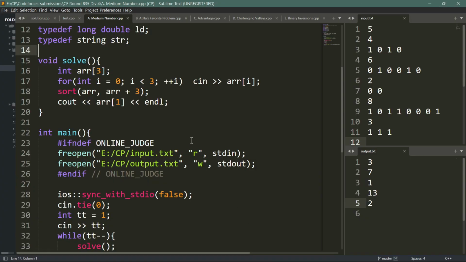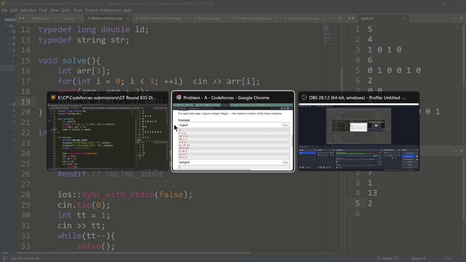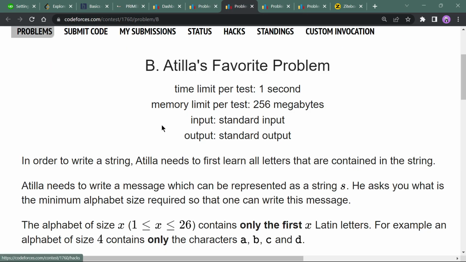Let's see the code here. Yeah, just taking all these elements in, inputting them in an array, sorting the array and outputting the middle one, which is the first element here in this case. And yeah, that's it. Let's move to the second problem, which is Attila's Favorite Problem, and the time limit is